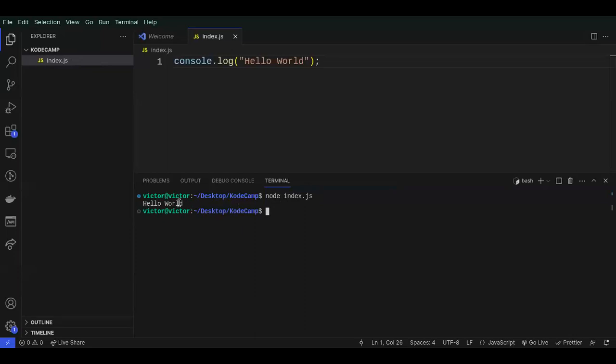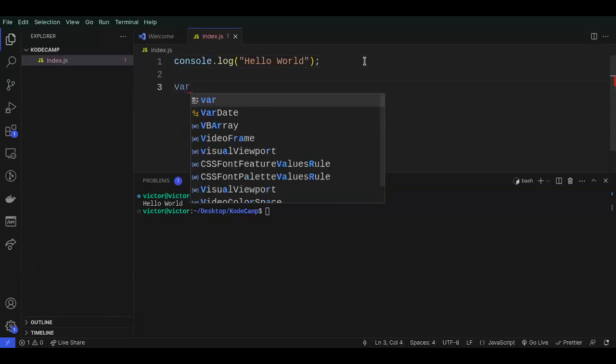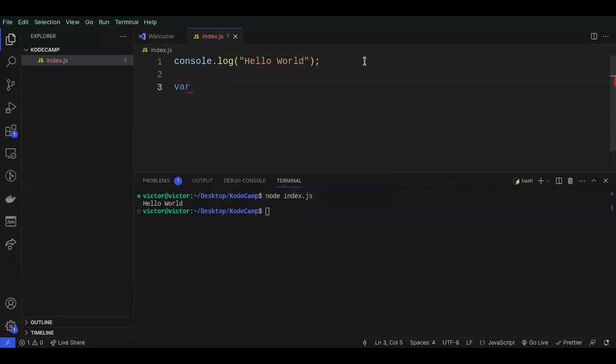Okay, so we can see the output here. Hello world. It showed us the output of hello world, right? Just showed that. Now let's see how we can create variables. We can create variables with var, with the keyword, or with the reserved word var. var a should be equals to